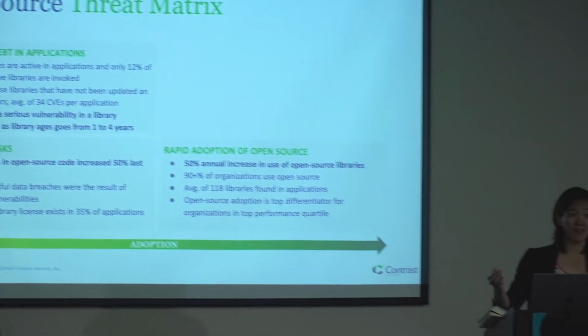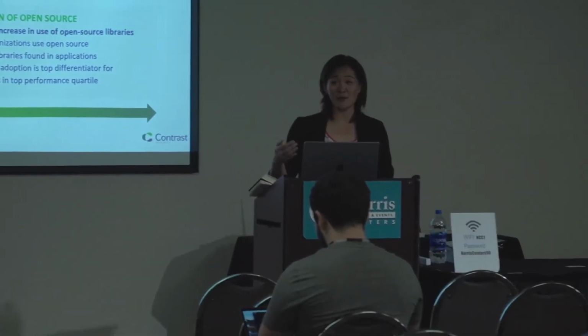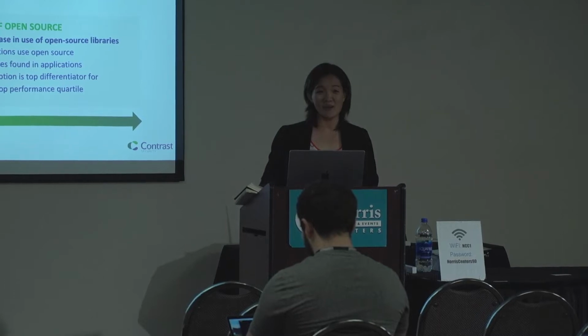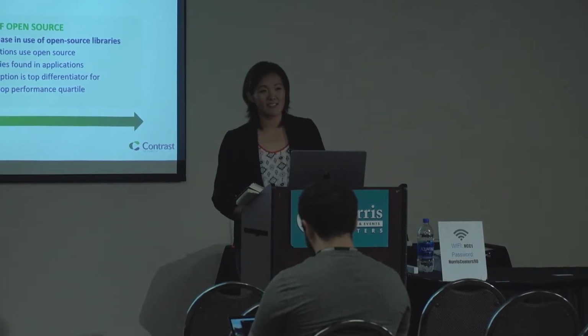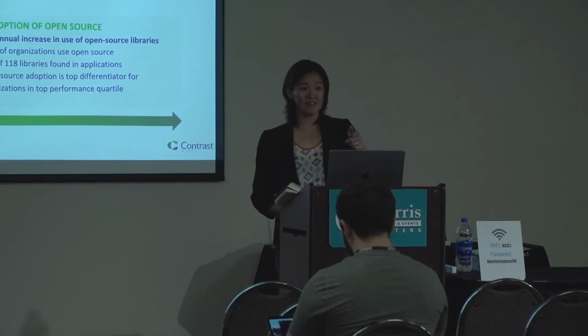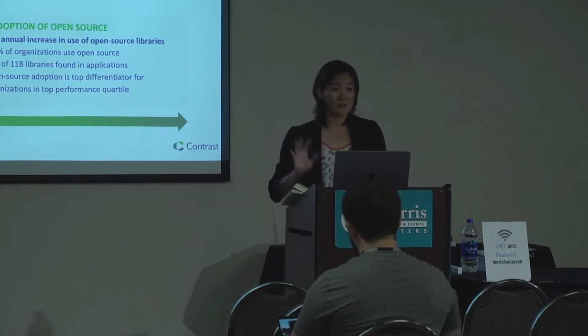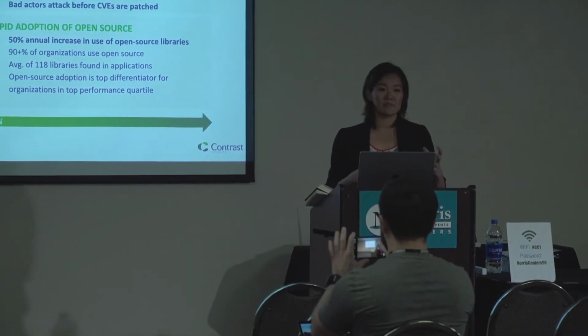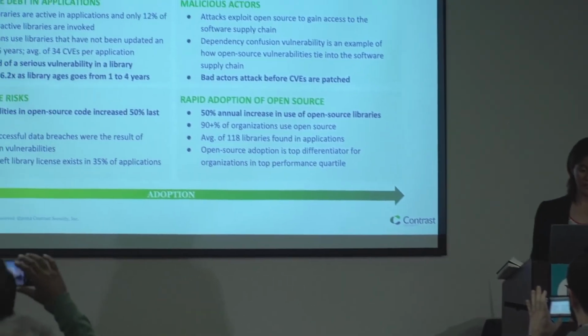Who can tell me how old Log4j, that vulnerability, was before it was discovered? You can give me the year of that. I had to look this up. It's not like I knew this. Close. It was actually 2013. So it was almost 8-9 years before someone knew about it. And then it blew up, right? But what are some of the ways that we can actually get better at that? That's what this talks about.